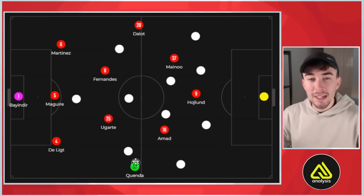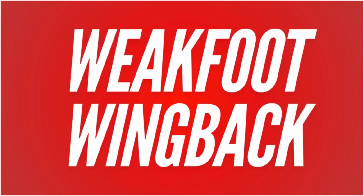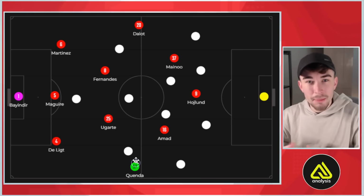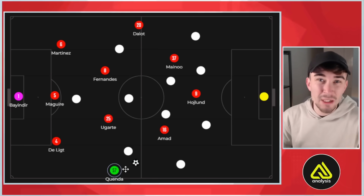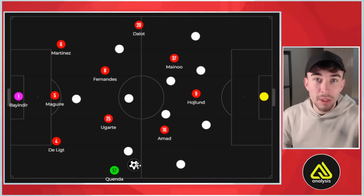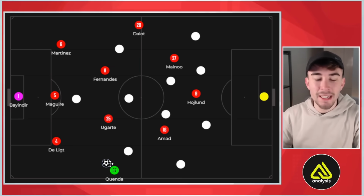he would play. Now, what's interesting here is that Quenda is the perfect example of the weak-footed wing-back. What does that actually mean? Well, it means you are essentially the wrong foot. Normally, when you play on the right-hand side as a wing-back, you are right-footed. Therefore, to be a weak-footed wing-back, you must therefore be left-footed, and Quenda is that, and tactically that makes him